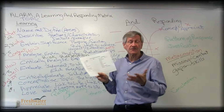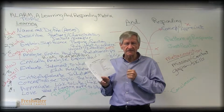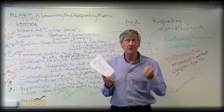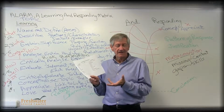For evaluate, I use red. Because if you're arguing with someone and you value something, you're arguing your values on why you think it's good or bad, it's red. You get red under the collar. If I really mean it, I get purple. Yeah? But I come now to this